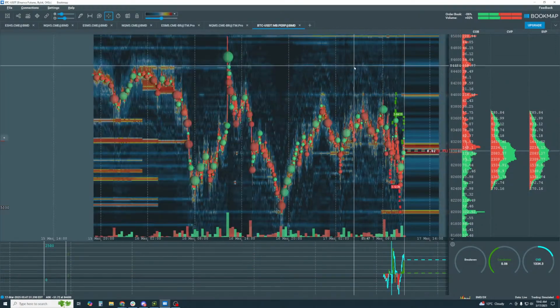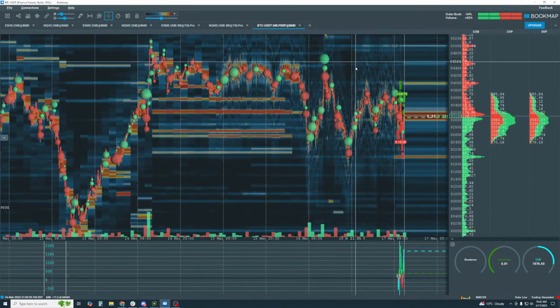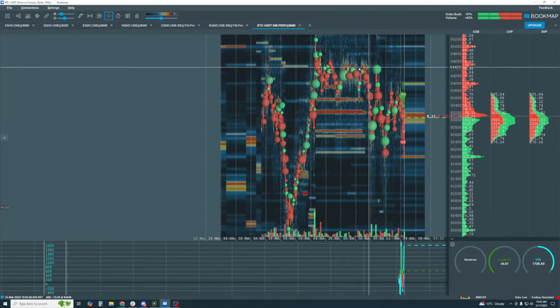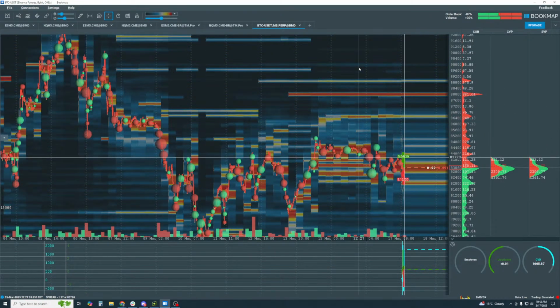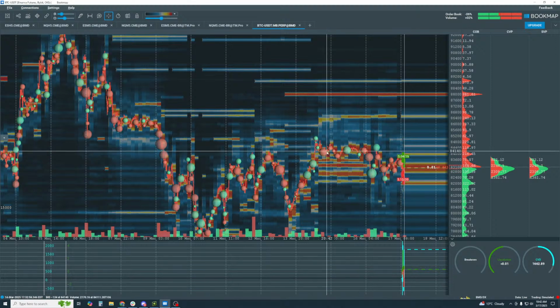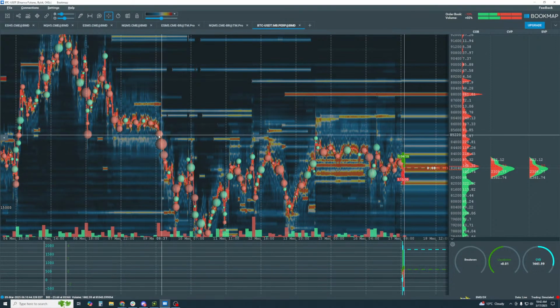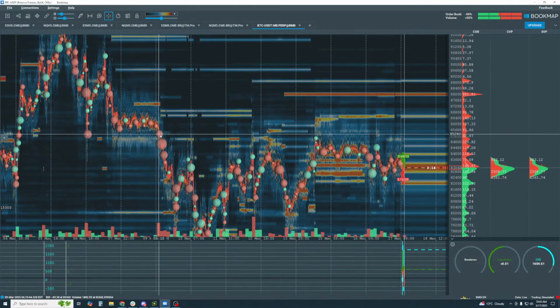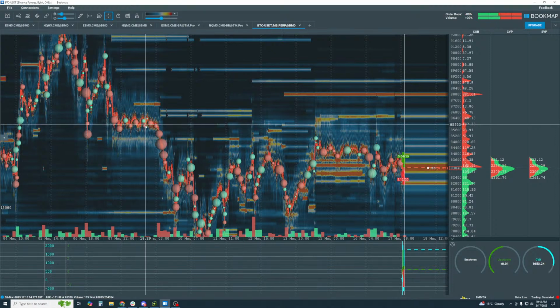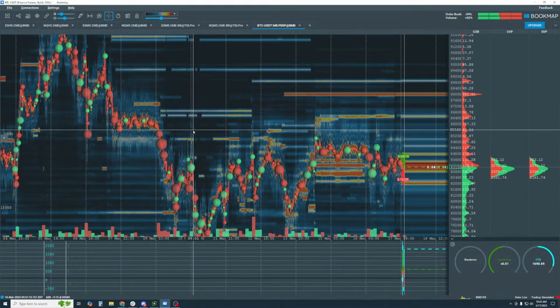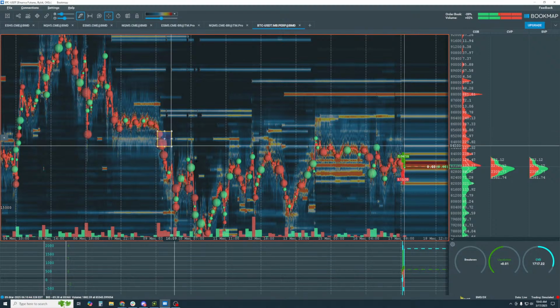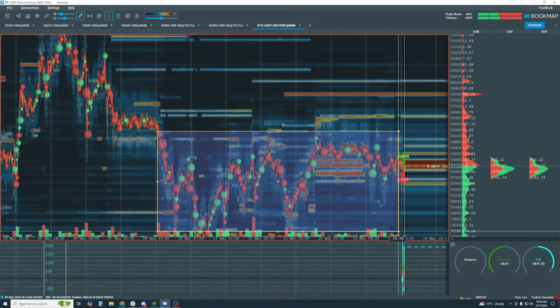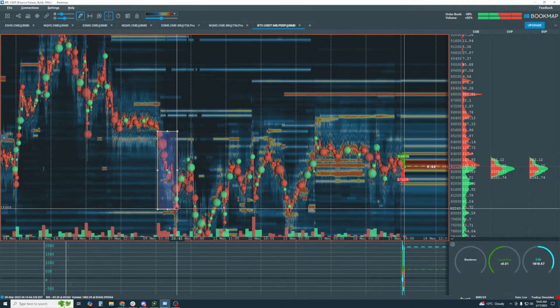All right, so let's zoom out a little bit here. Well, in this move here in crypto, or in Bitcoin, you can see who's in control here pretty easily. Sellers remain in control below this area. It's this selling in here, driving that market lower on some pretty heavy selling.